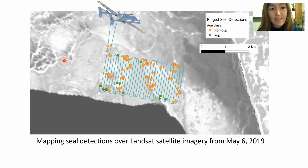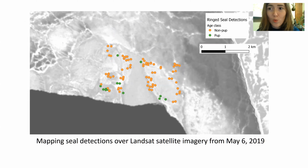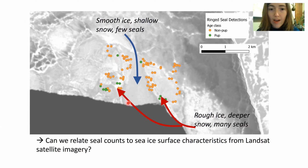So anything that is still white are areas that have snow remaining, either because there were deeper snow drifts there to begin with, or because they're higher elevation and all the meltwater is flowing downward into low-lying areas. If I remove the path of the drone here, we'll see some interesting patterns in where Natchiq were detected and where they weren't. So it looks like we have high densities of Natchiq in these bright white and rough areas where we would expect there to be deeper snow, and then few Natchiq in areas of smooth ice and shallow